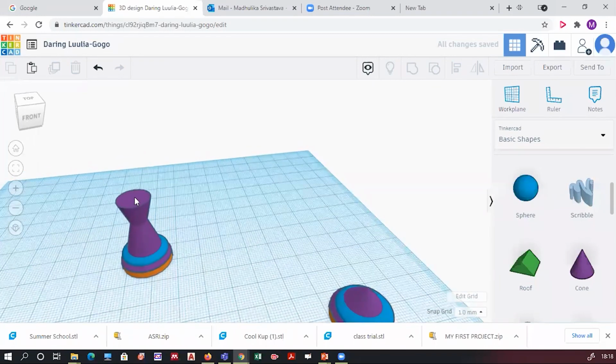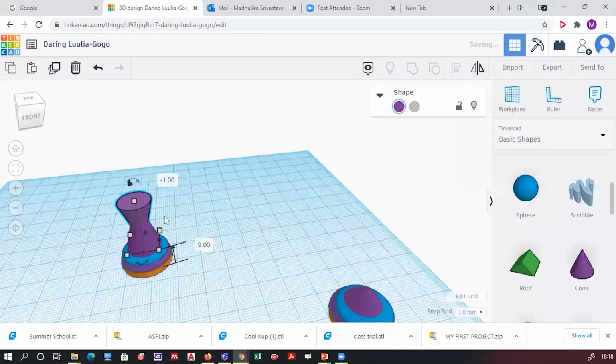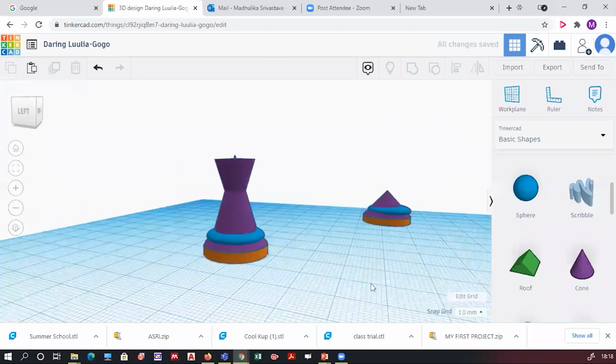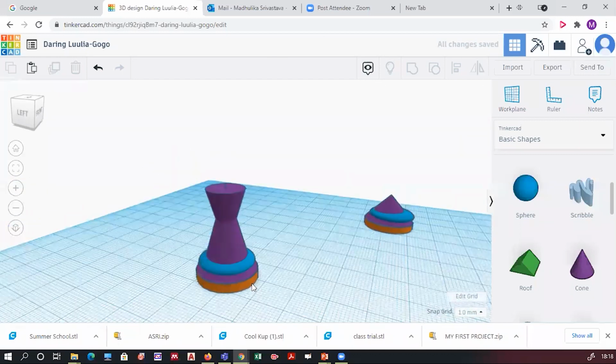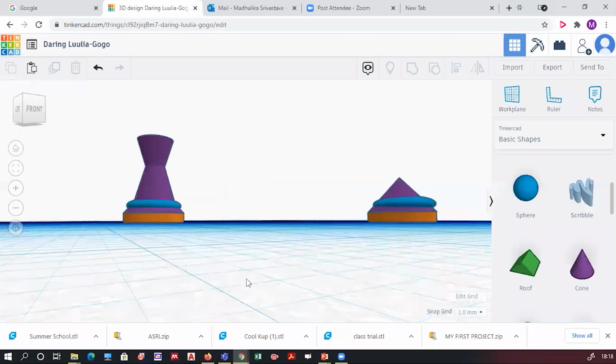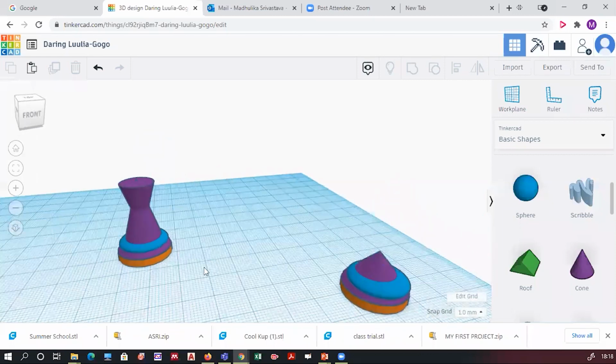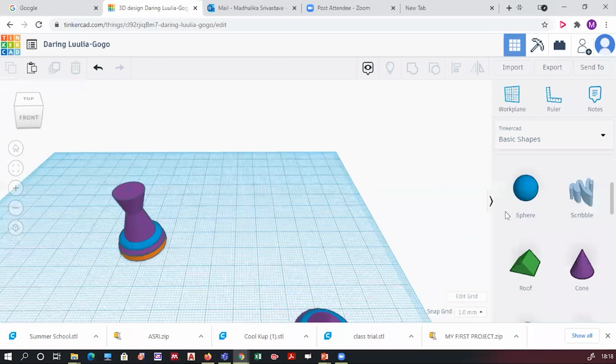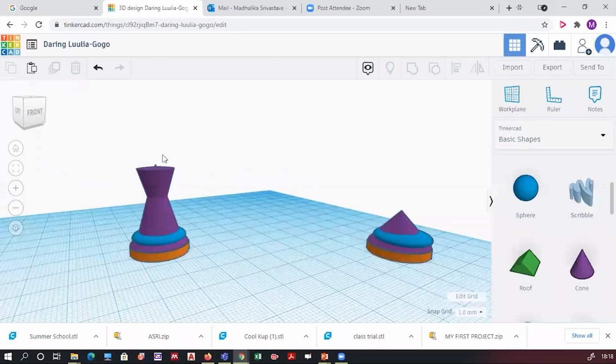All of you, please tell me if you are able to see this kind of shape from all the directions or not. Done. The second cone, the last cone which was inverted, the dimension of that last cone was height 19 mm and diameter 12. Fine. Many of you have got this. So last step, you have to place a small sphere over here. So take a sphere.